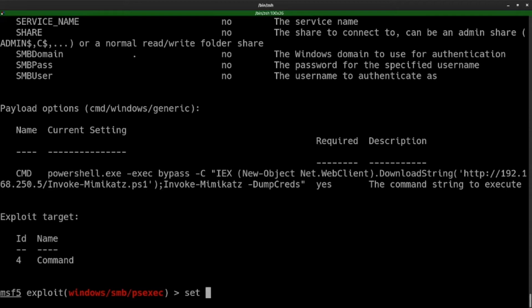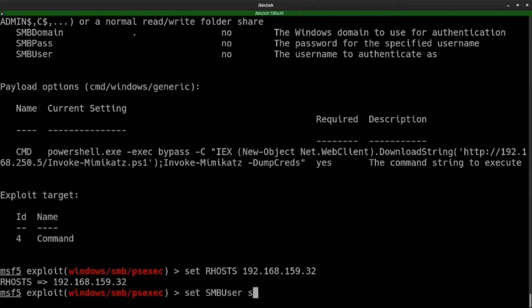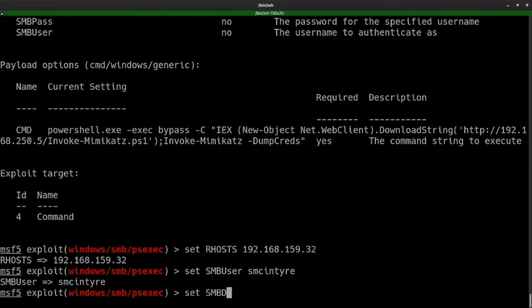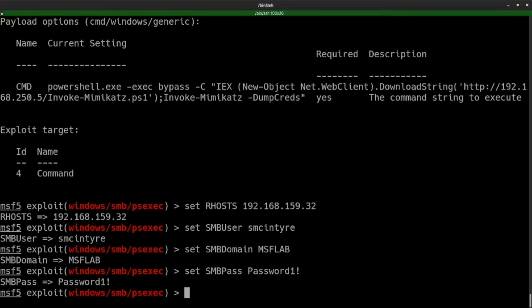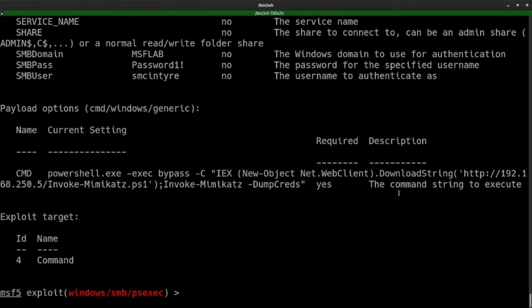So with that, we're going to take a look at our options one more time, and we're going to start to set up the additional options so that we can run this module against our target host. So as usual, we set up our host, our username, our domain, our password, and we're going to take a look at our options one more time before we're ready to run this. Everything looks good,